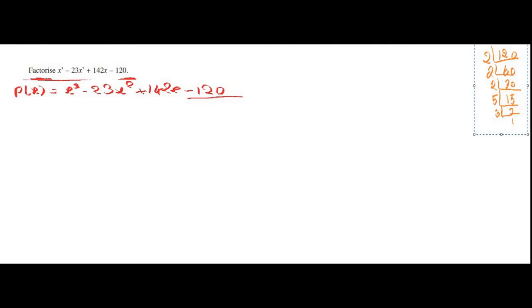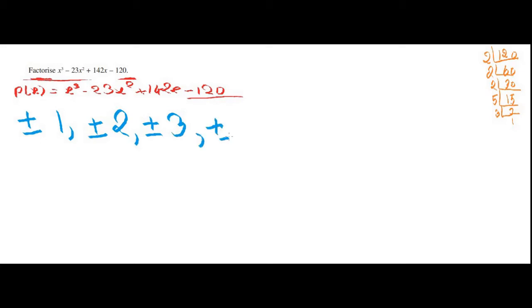Some of the factors that we get would be, first we should write plus or minus 1. That is the first one. Then we get plus or minus 2. You might be wondering, why are we writing plus or minus? Minus 2 into minus 2, what is it? It's 4, whereas plus 2 into plus 2 is 4 as well. So it can be plus or minus. In this term also, as minus 120, we will be getting that. That's the reason that we are writing plus or minus, and then plus or minus 3, plus or minus 4,